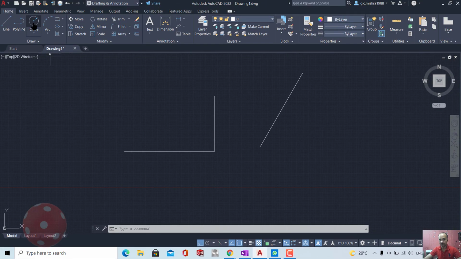Suppose I have chosen the circle command. After choosing the circle command, I can turn it on or off. It means during the command also you can switch this on and off as per your requirement. It means that is only a control, not a command. The command is your circle. You cannot perform two commands at the same time, but you can control everything. That I will be discussing in later videos in more detail.